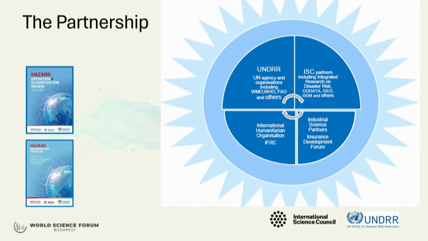So we brought together our incredible family of the United Nations Office for Disaster Risk Reduction, UN agencies, the World Meteorological Organization, the World Health Organization, the Food and Agriculture Organization of the United Nations. In fact, there were about 40 different intergovernmental agencies and organizations linked to the United Nations who were involved in this work. And this incredible network of scientists through the International Science Council, who was so important to us,